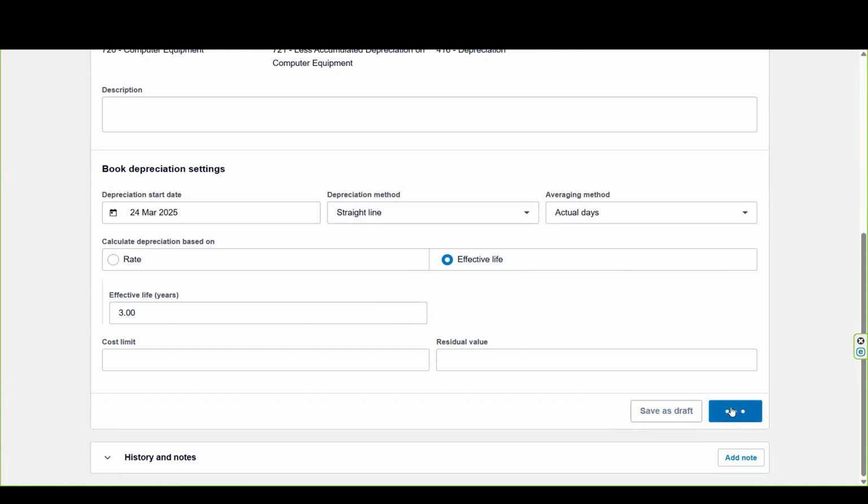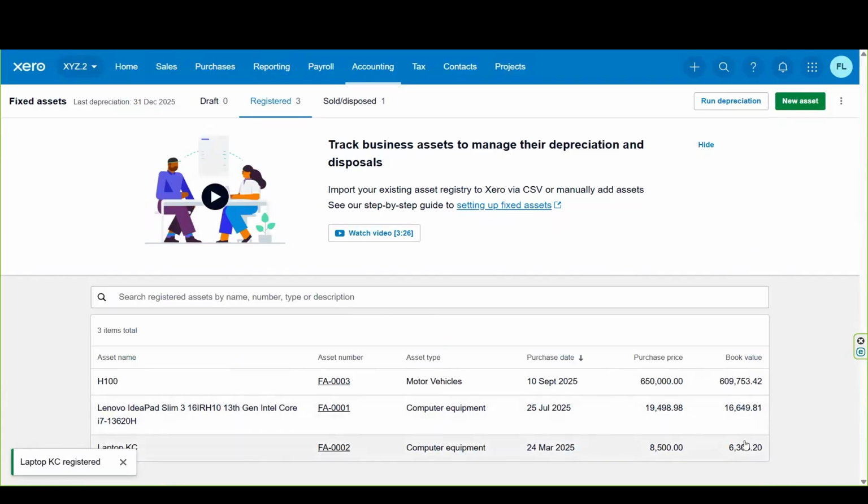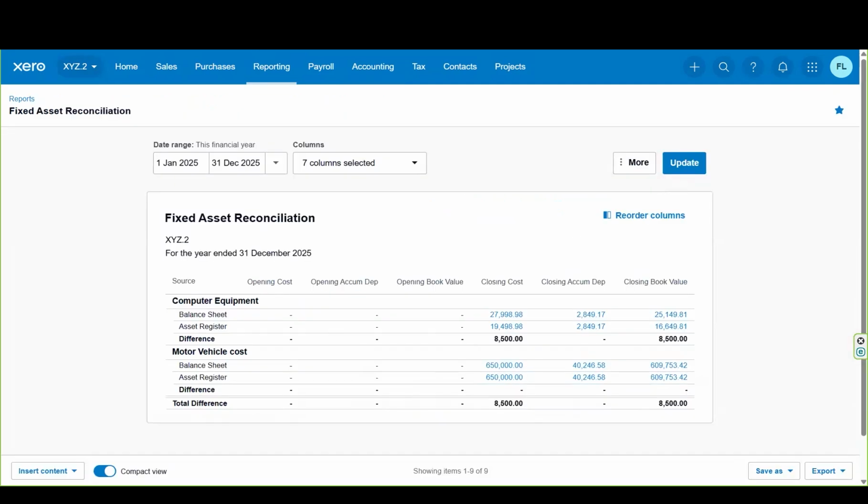Now I'm going to click on register. You can see now that there's this laptop of 8,500 and there's my net book value. My depreciation has automatically updated. If I now go back to my asset reconciliation and I click on update, you'll see that now this